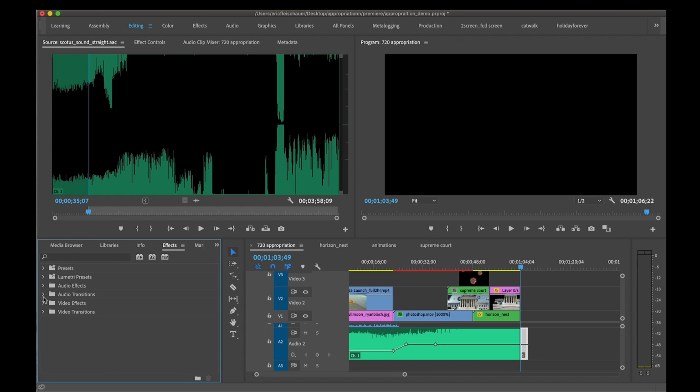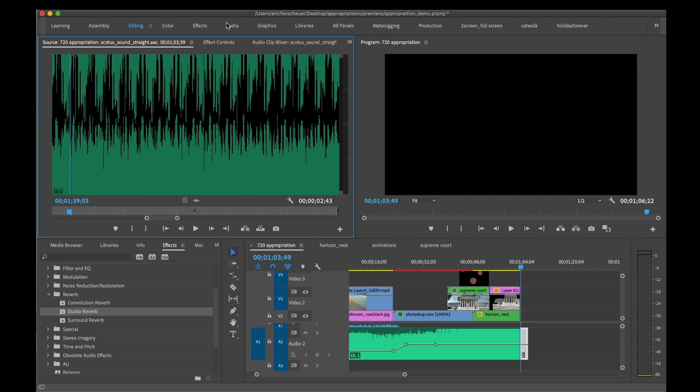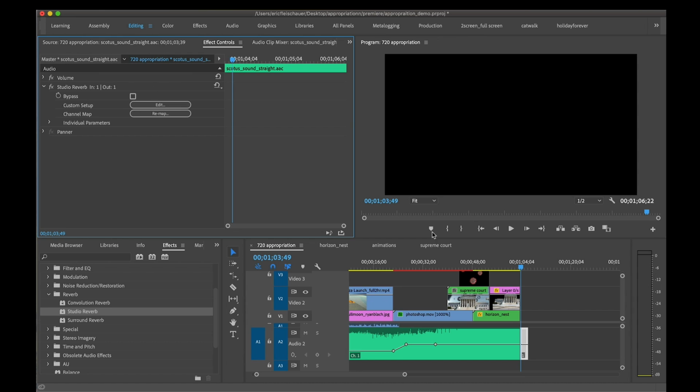and actually it's going to save me a little bit of time. So I want to just add some reverb. How about some studio reverb? Just drop it on here. Again, drop it on there. Same thing with the audio effects controls. And sometimes the audio effects in Premiere are not that great, but it's hard to tell if it's actually doing anything. So I always just boost